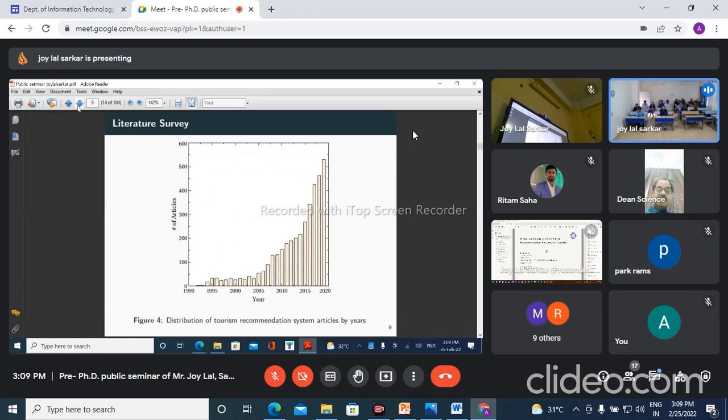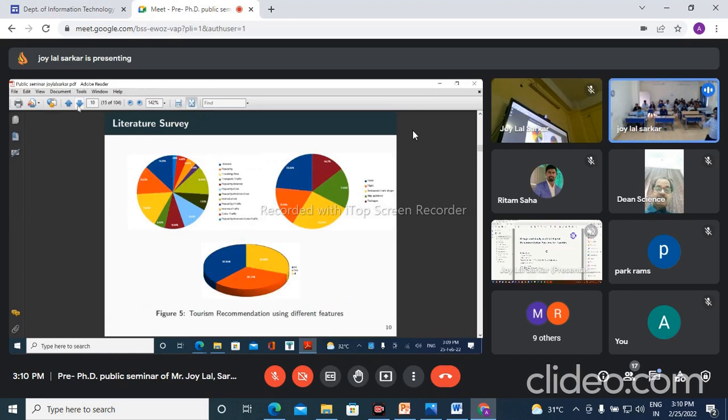Maybe other indexes are there; you can search for that. More than 1,000 papers are available. So this is a very important sector we have covered here. Another thing is some of the parameters. This is also important because I should recommend based on some parameters. Your parameter may be interest, popularity, traveling time, or transport. A lot of sectors are there. I have already covered these. Some sectors you can see are 12%, some 2%. That is already covered in the literature survey.